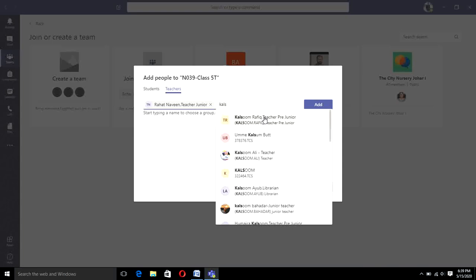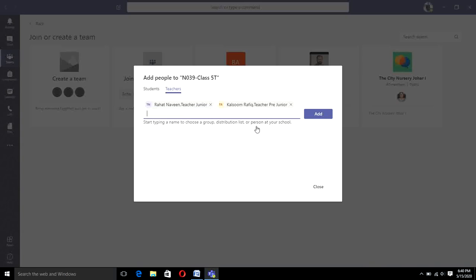When we are adding students, look at here. You can see some students' names also here, Ummi Kulsum. But now look at this: when you are adding the student, their roll number will also appear, so that you are not confused between same name students in your class or in different classes. Okay, so be careful, you have to compare these roll numbers, for example, here is 378376.tcs for this kid, that is Ummi Kulsum. So you should be very careful when you are adding students, because all the students' data is available in this database. You must check these roll numbers when you are adding students. Okay,